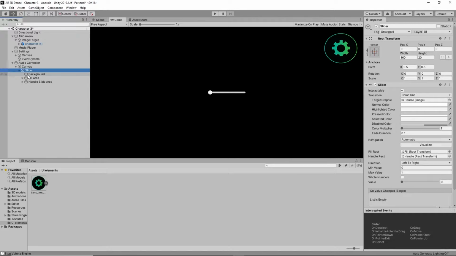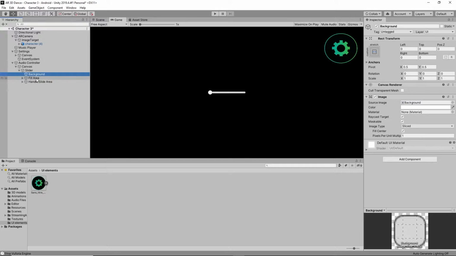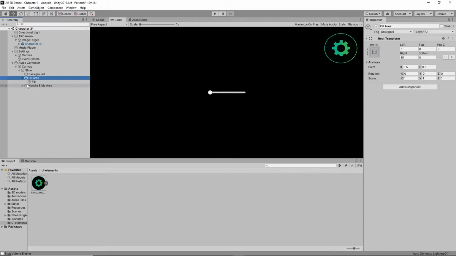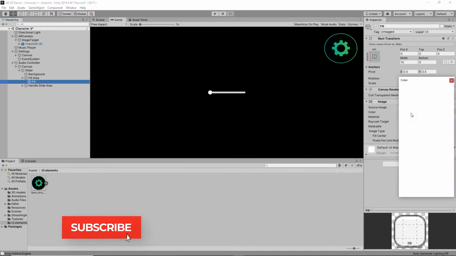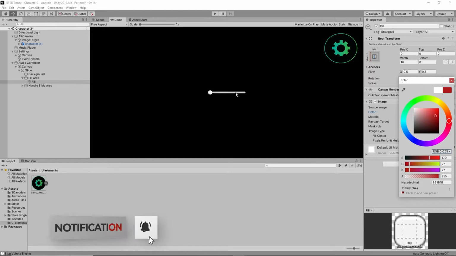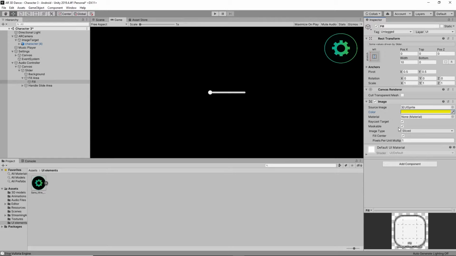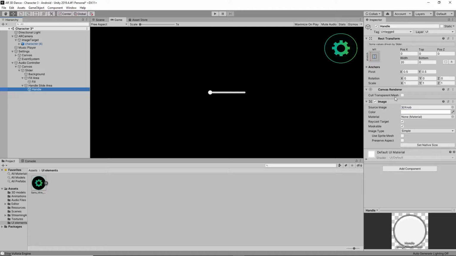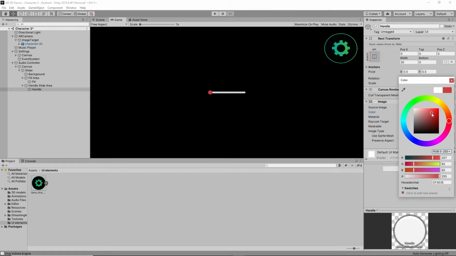This slider contains one background and fill area. Let's see what this fill area contains. If it fills, it will change to some color, right? I'm going to give the color, and the handle slide area. Let's check. See here, this is a pointer slider and we can make it like this.